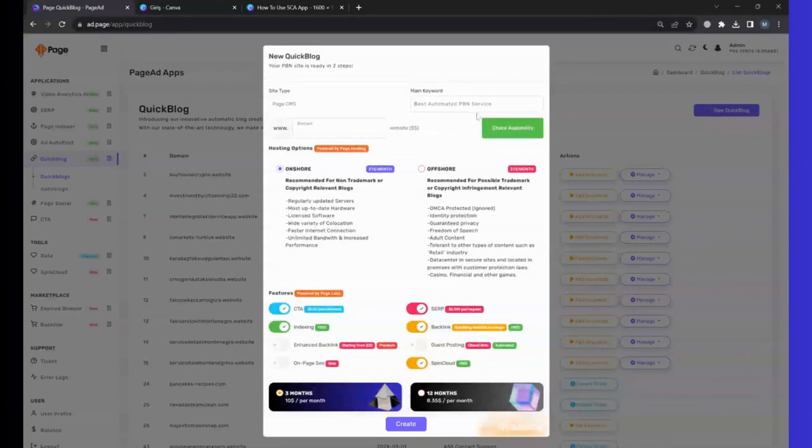Let me give you one example. First of all, this is our main dashboard. This is where we create QuickBlog, and after that I'm going to show you how to manage the QuickBlogs you already created. So our main keyword is going to be "buy house with crypto". Let's check this keyword. So our main keyword is going to be our website title also, and we're going to check the domain